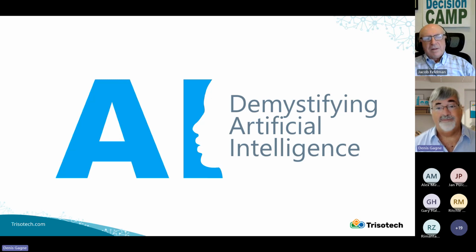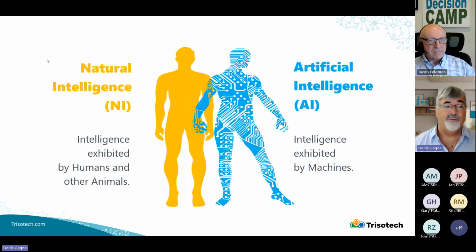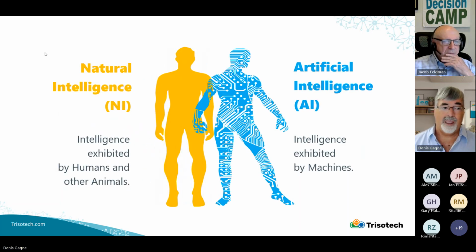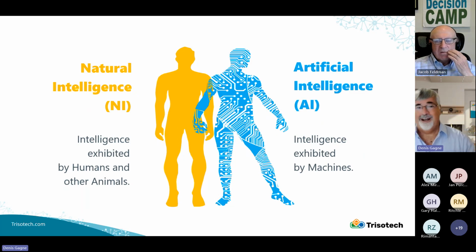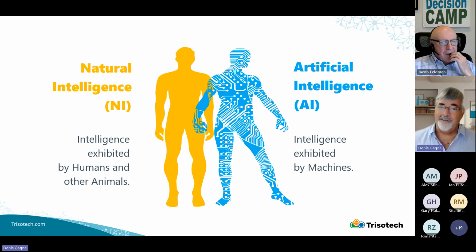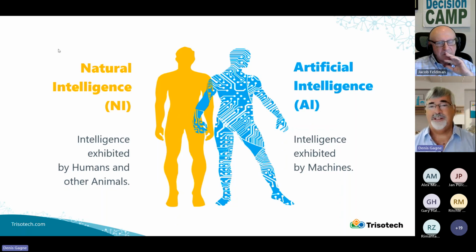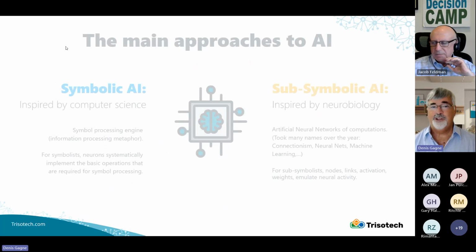So let's start very high level, demystifying AI. Here, I wanted to make a comment that I'm just looking at this from a non-debate positioning. So I'm not trying to create a debate. I'm just saying, let's separate natural intelligence for humans and artificial intelligence, which is whatever intelligence is exhibited by machines. I'm not going to go into the definition of what is intelligence and all this, but let's keep them apart as just two things.